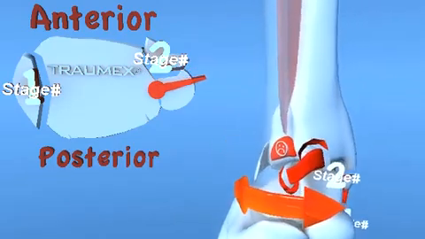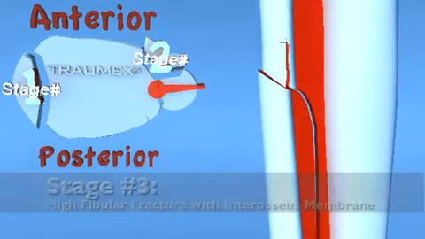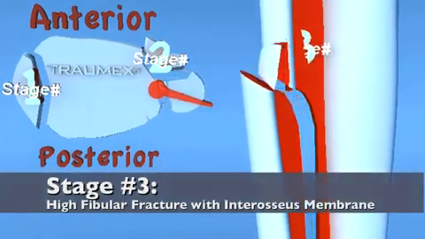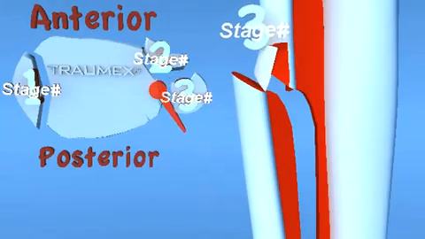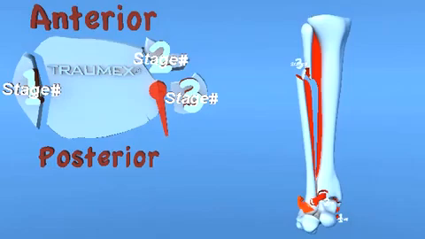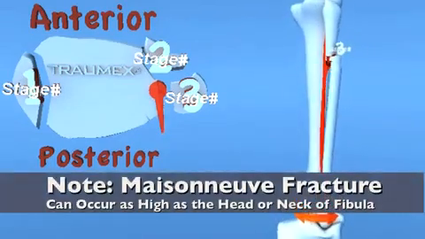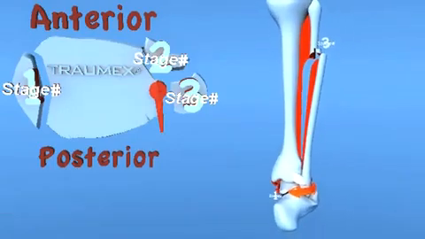The exit point of this rupture creates a stage 3 injury, described as a high, short oblique fracture of the fibula beginning above the level of the syndesmosis. This fracture can be at various levels of the fibula. The most proximal fracture pattern occurs at the head and neck of the fibula, which is described as a Maisonneuve